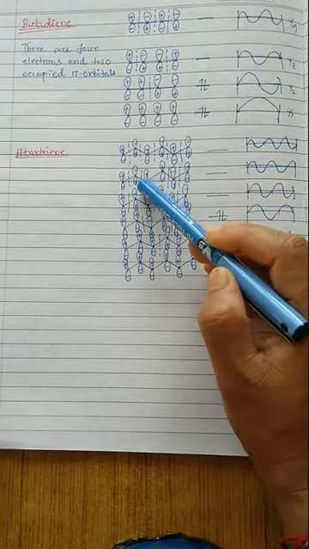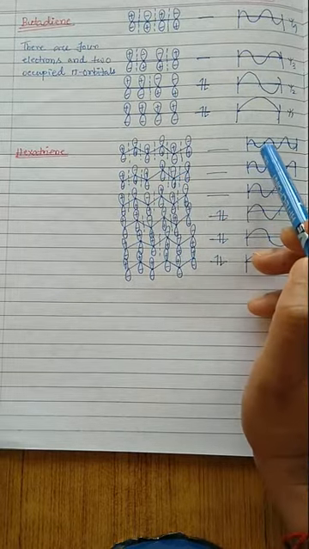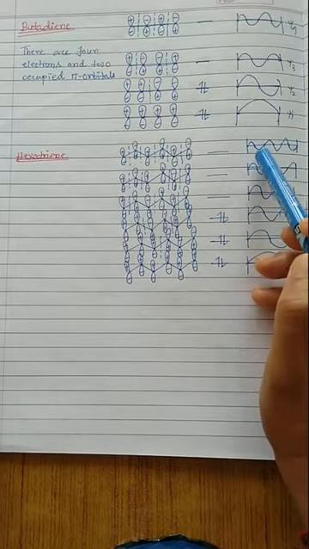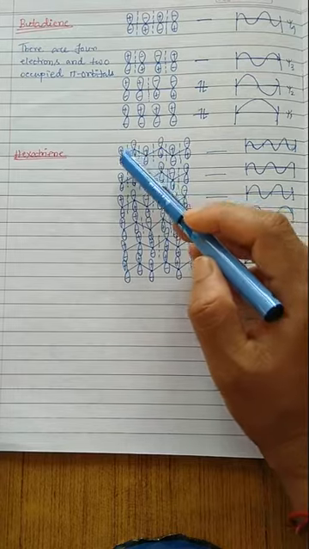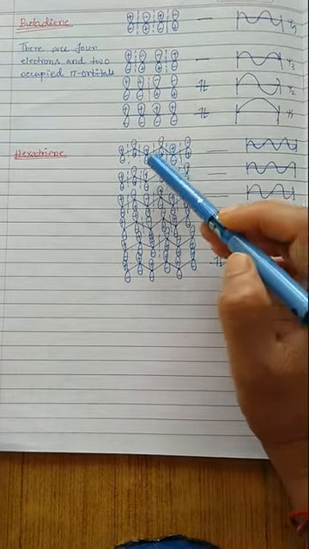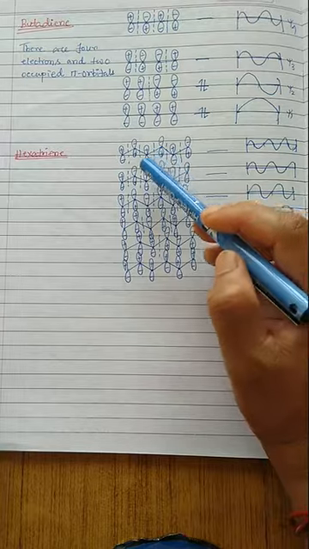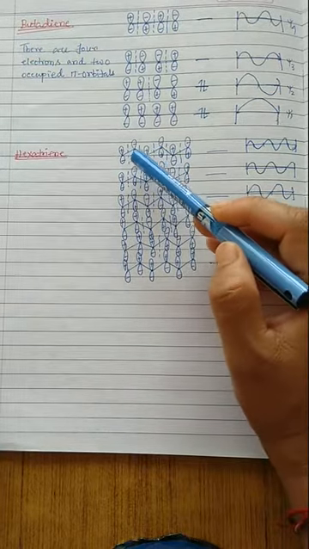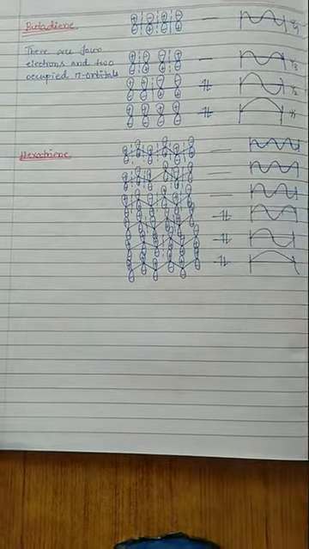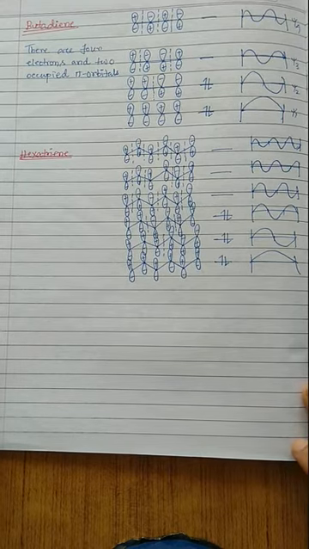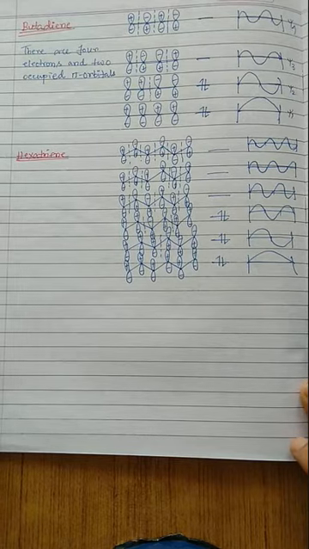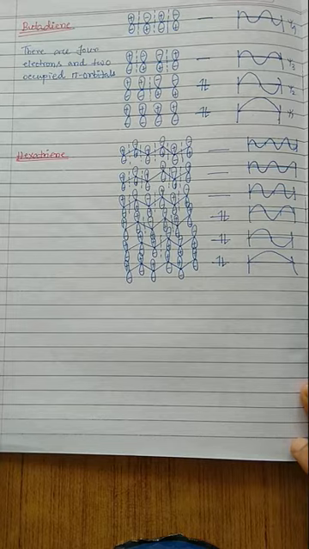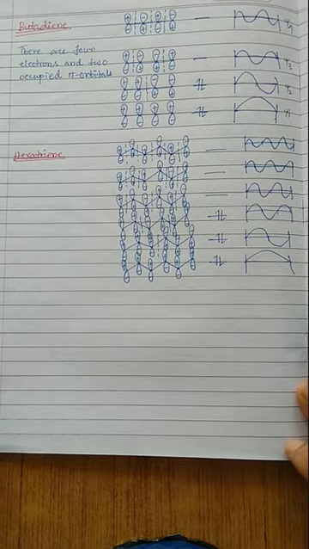So 1, 2, 3, 4, 4 nodes, and the highest orbital contains 1, 2, 3, 4, 5 nodes. So plus, minus, plus, minus, plus, minus, that's the alternate way. If you arrange the orbitals, then we will find the orbital will contain 1, 2, 3, 4, 5 nodes. So in this way, both your LCAO-MO and the free electron model or particle in a box model will help you understand which electronic transition is the most probable transition and what the corresponding energy of the transition is. Okay.